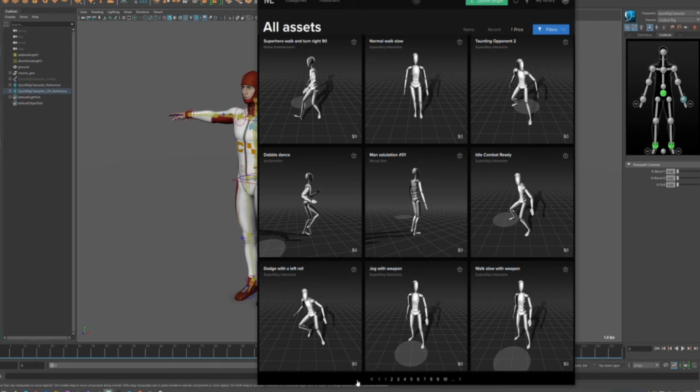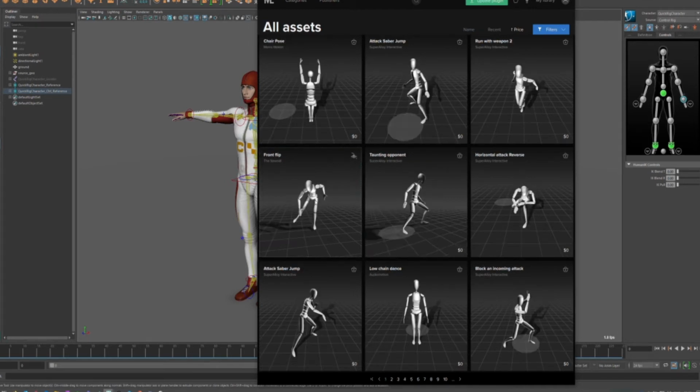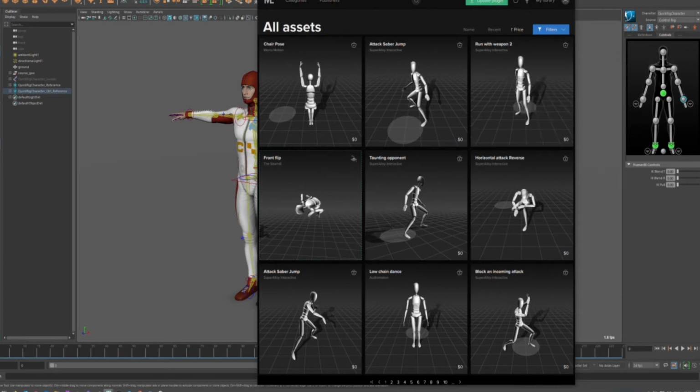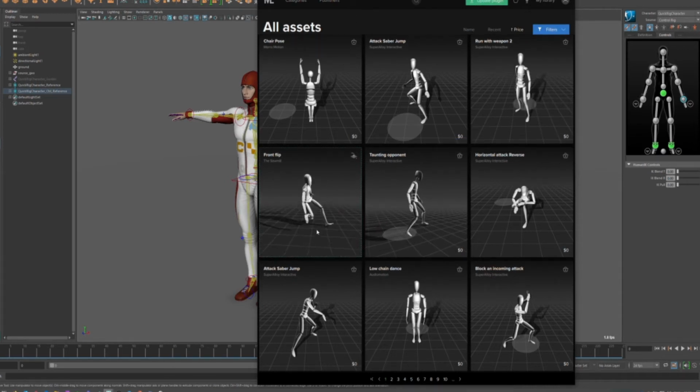So let's go back to the beginning here, because in the first frame, I have this flip motion here, for example, that you can see on the icon. I downloaded it already. So normally you would put it in the basket, in the cart, and then pay for it, and you can back it up and use that to pay instantly. But this one was free. I downloaded it for free. What I can do here is to import it into Maya directly from here. Look in the outliner. When I click on this,